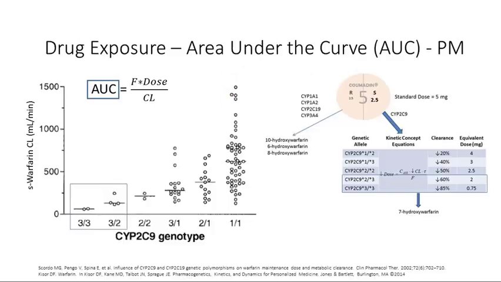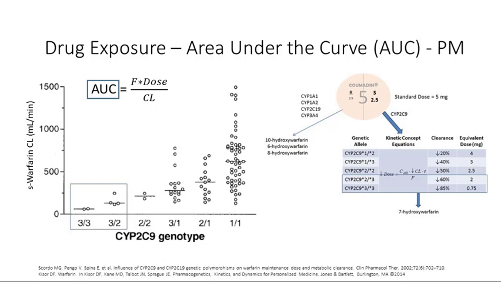and how can that impact that individual? Well, here's an example of warfarin relative to CYP2C9. I have this very basic general pharmacogenetic equation where AUC equals the bioavailability, the drug that reaches systemic circulation, times the dose over clearance. I put that on here only to show that AUC and clearance are inversely proportional. Clearance is a term we use for elimination of drug from the body,